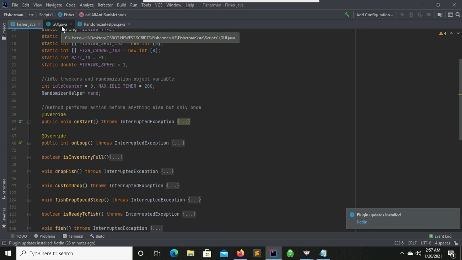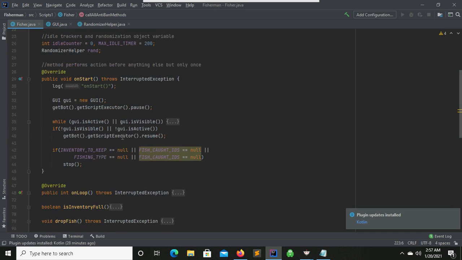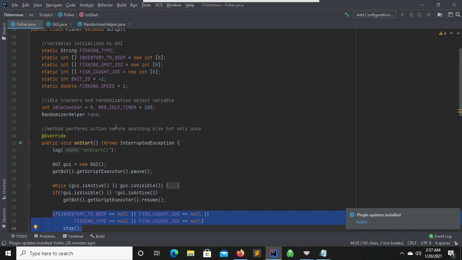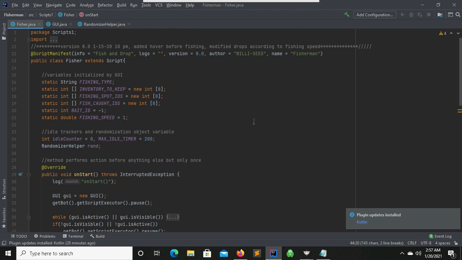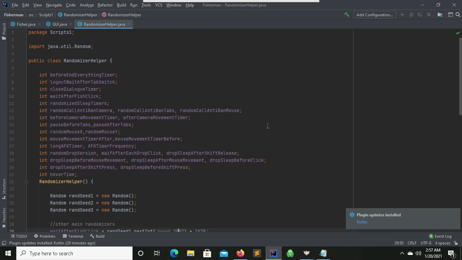The next class that I wanted to show you guys is the actual GUI, the graphical user interface. Now this one, like I said, on your start method, it's what is called right here. I create an instance of it, and then it sends whatever information you put into that screen, and it's saved right here for your script to use. Okay, and